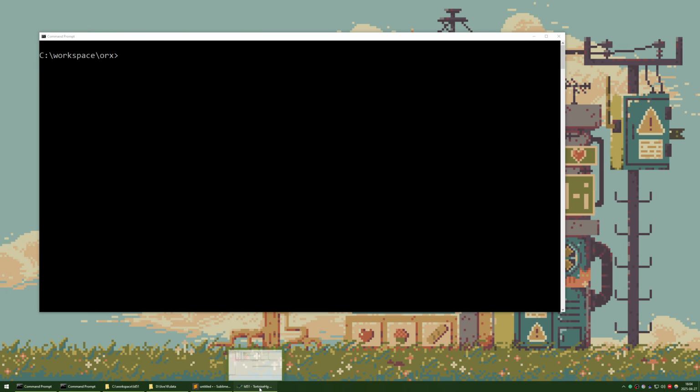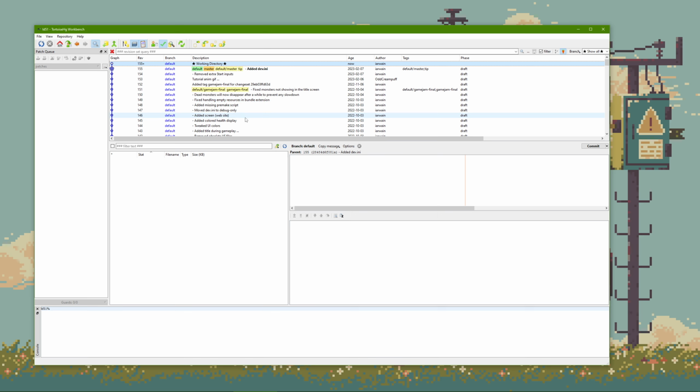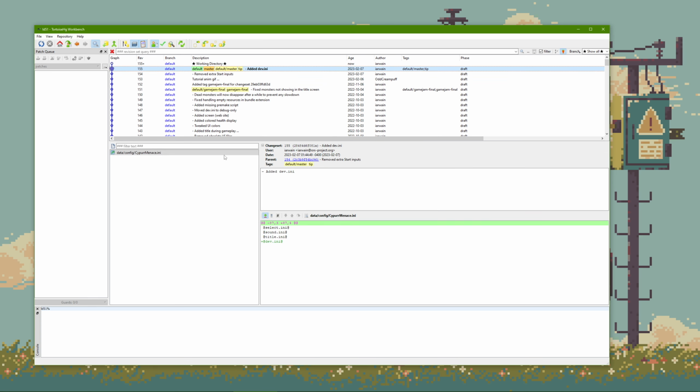So the project I'm talking about, it was a project I made with Scrimper here. We made it for the Ludum Dare 51. That was a bit over 2 years ago. As you can see, the last commit was from February 2023. I'm sorry, it's a bit small in TortoiseHg. I don't know how to zoom this one, but we're not going to look too much at it.